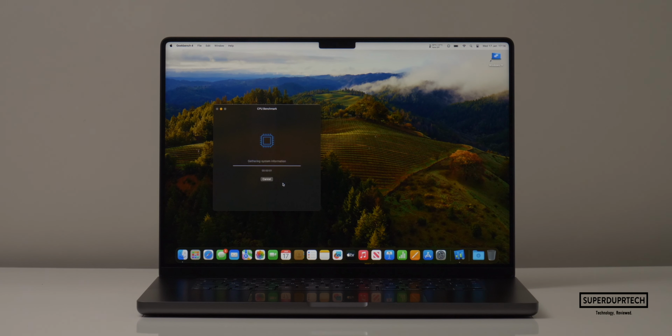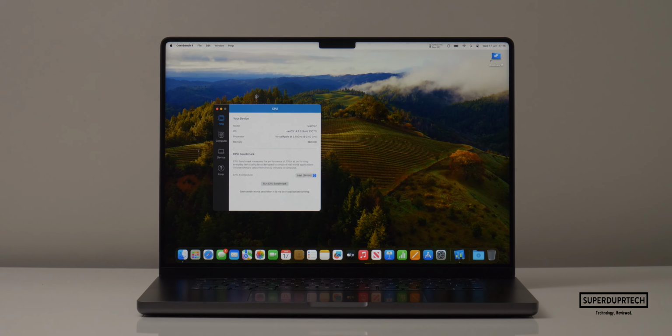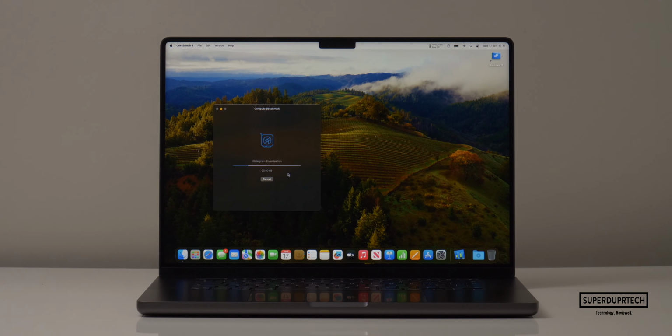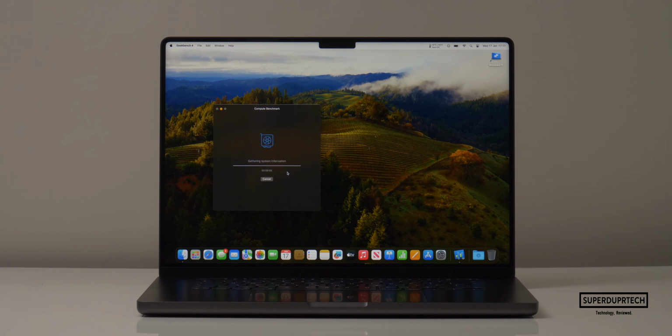So the first test which I ran on this MacBook Pro was from GeekBench, but from their older version of tests, so we can compare to older models. So this was from GeekBench 4. Now when running the CPU test from GeekBench 4, I got a single core score of 7,862 with a multi-core score of 45,146. And when it comes to running the compute test through GeekBench 4, I got an OpenCL score of 184,968, and when it comes to running the test through Metal, I got a score of